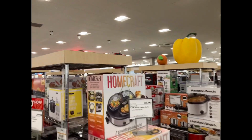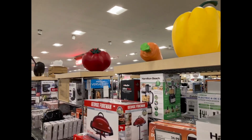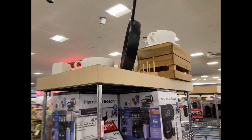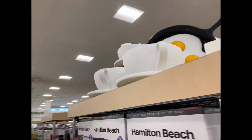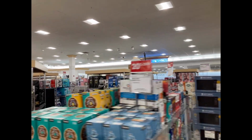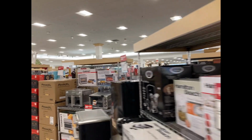Hey, look at this. They got little vegetables here, some coffee, frying pan. With this store being built in 1999 and the new millennium approaching, they wanted this to look like a...